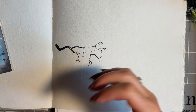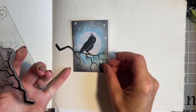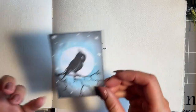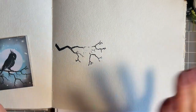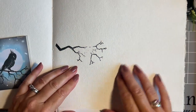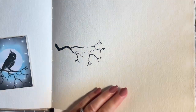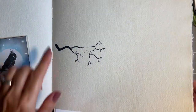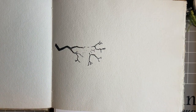Now, don't worry, obviously, because this is textured, we've missed a little bit. That doesn't matter, because I'm actually going to pop this over, look. But if I was going to use that, I would just use my fine liner and fill it in. And that's just because, obviously, we've got all these things underneath. It's an uneven surface. Now, what I want to do is I want to see if I can stamp some more trees, some more of this branch. So what I'm thinking is,